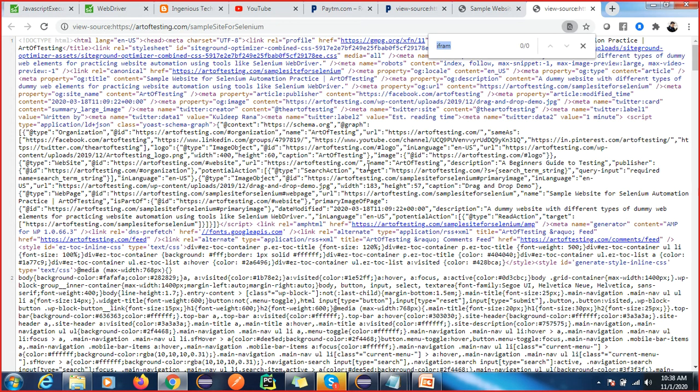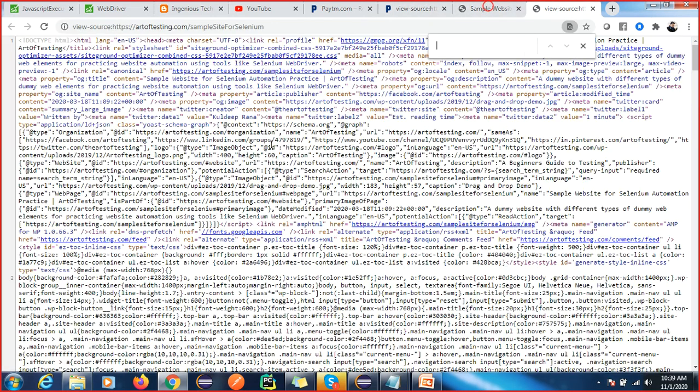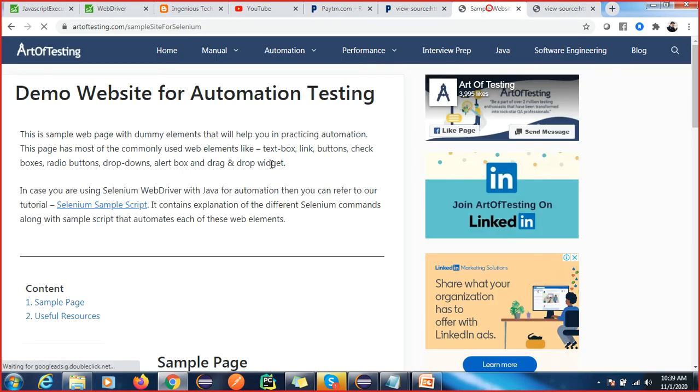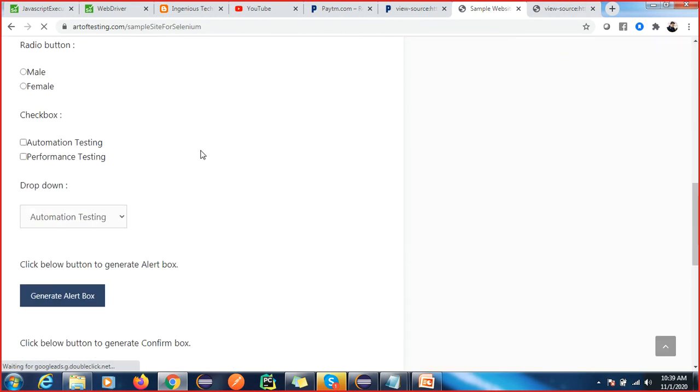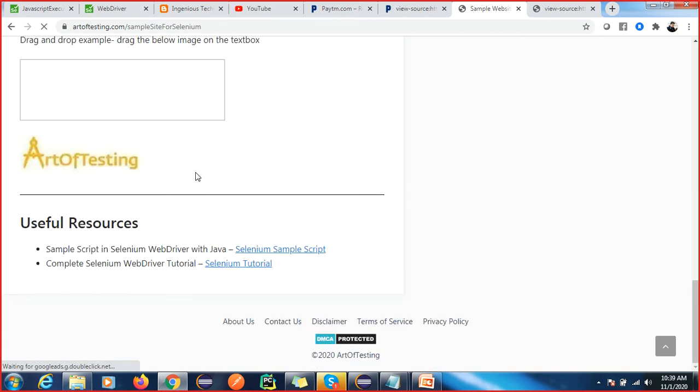You can see I'm not able to search it. It is showing zero frames or something. But how to find whether frames are available or not? Is there any other way to do that? I told you that sometimes we are not able to see them, but frames are already there. So how to find whether a frame is already there or not?